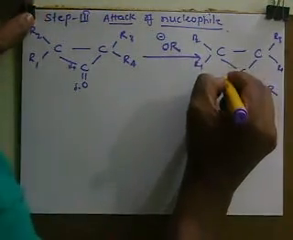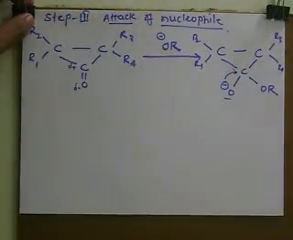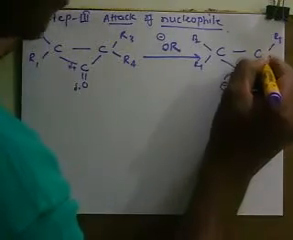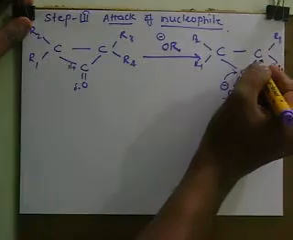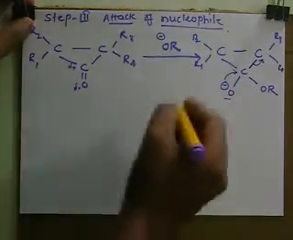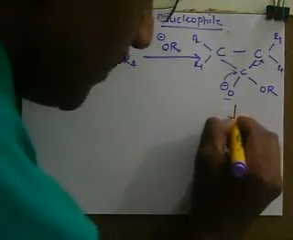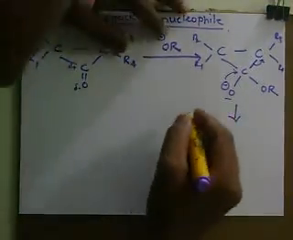This negative charge is given back to carbon for a new bond formation, and this carbon will take back its electron from this bond. So this is how this ring will open. Okay, so after this addition of a nucleophile, the ring will open in such a fashion that